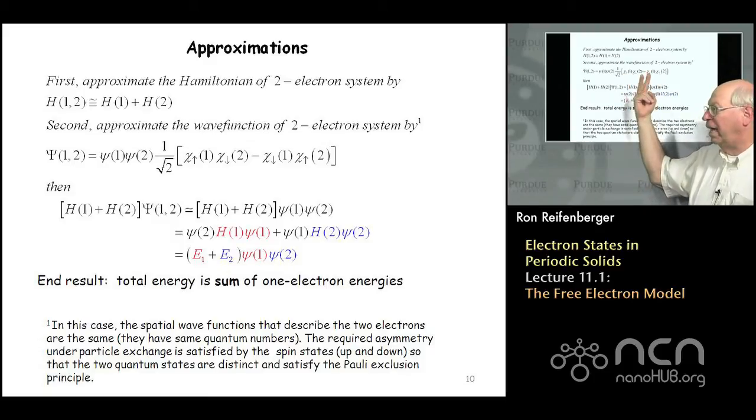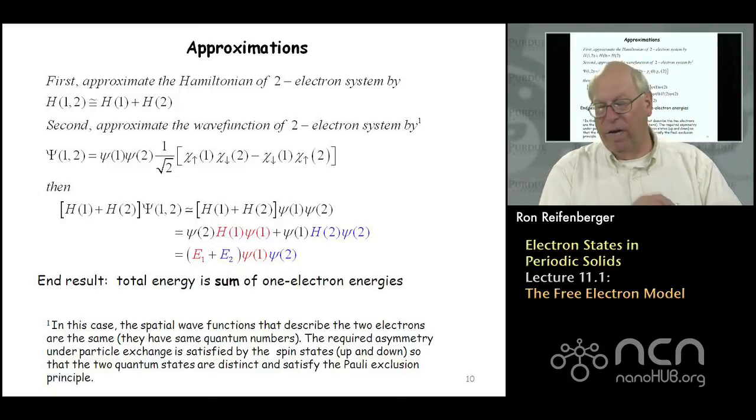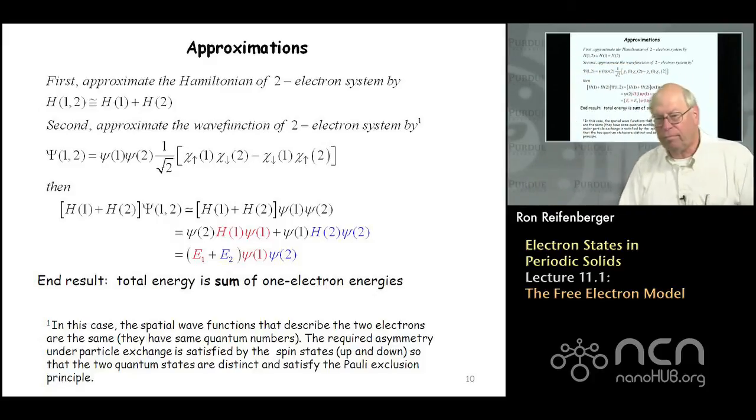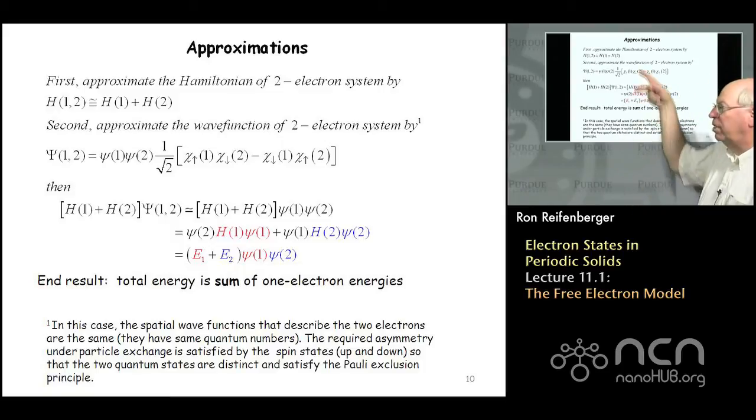And so this is the asymmetric term that has to be included to properly account for the Pauli exclusion principle, which governs fermions. And since electrons are fermions, it's important that be incorporated. So with these two approximations, right, then you can write down Schrodinger's equation, and you can see